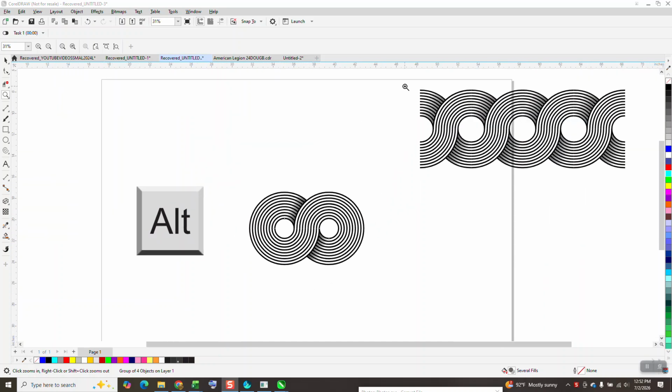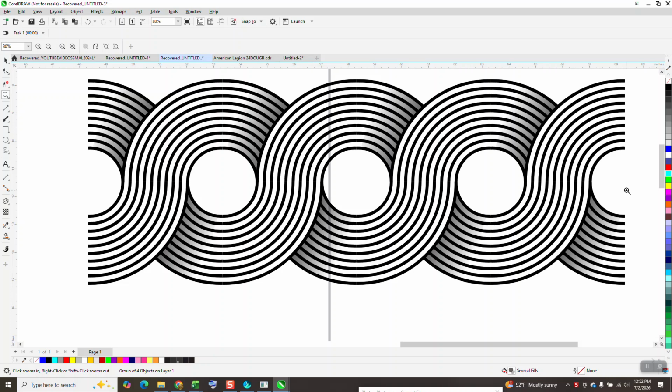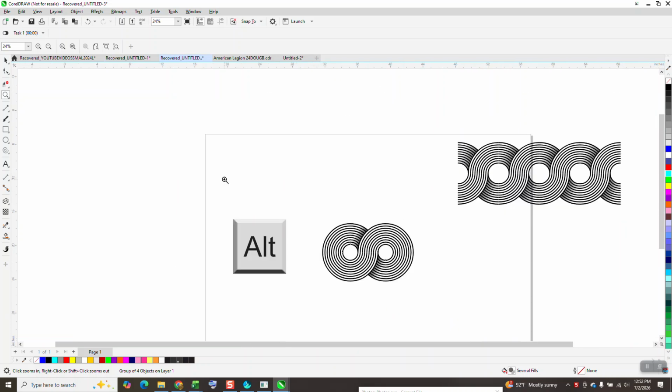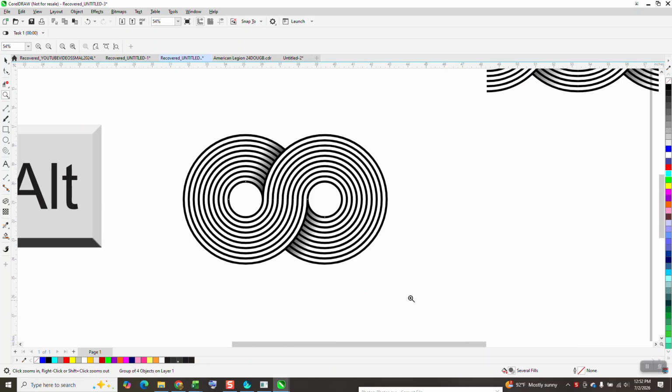Just yesterday I made a video on this, and then I thought this would work. So what we need to do, this is all grouped together. I need to find out how far that is from center to center. So I'm going to take a 2-point line. I'm going to go from the center to the center. That line is